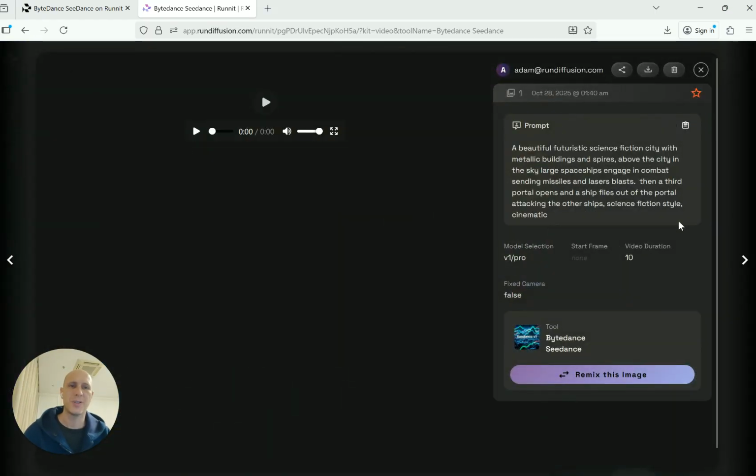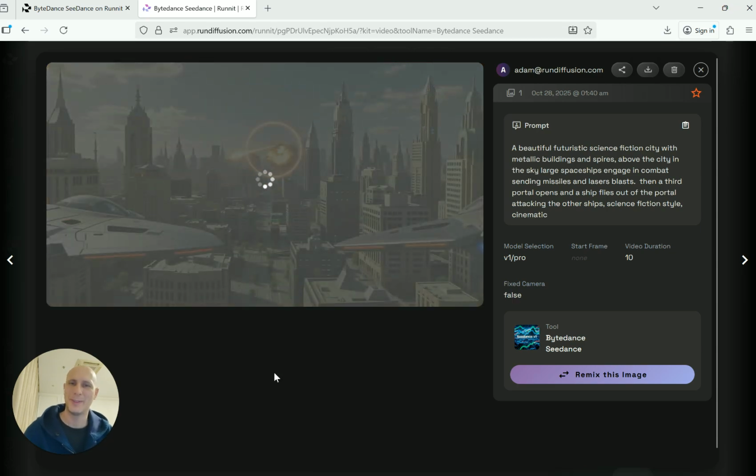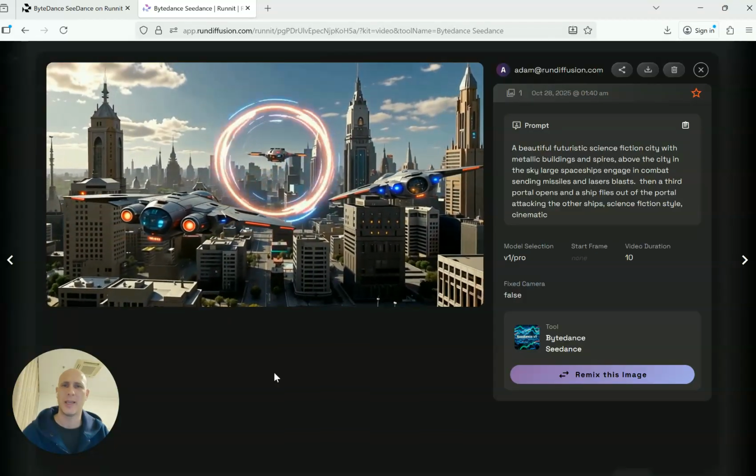There's a sci-fi version, just to change it up a little bit. We did a little fantasy there, a little architectural, but I asked for some metallic-inspired cities, futuristic cities, and a ship coming out of a portal. Not bad. Again, this is pure text